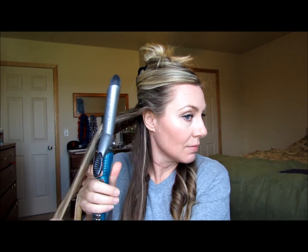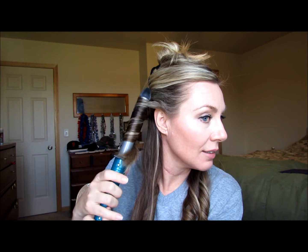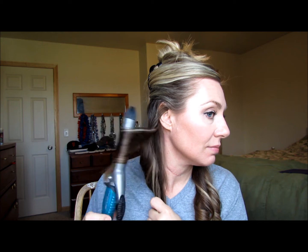So this is how I do the ends. You always want to have the curl going down, and instead of doing it the way I do it, you could also take a piece, start further up and then just keep releasing it and pulling it, releasing it, pulling it, till you get it about where you want it. But sometimes when I do that, you get a funny loop that won't curl. I don't know why. But this is just how I do the ends underneath that you're not going to really see. Anyway, so if I get that funny loop in it, no big deal. Kind of just strikes me on the mood which way I do it. As you can see, my hair underneath is way darker than...